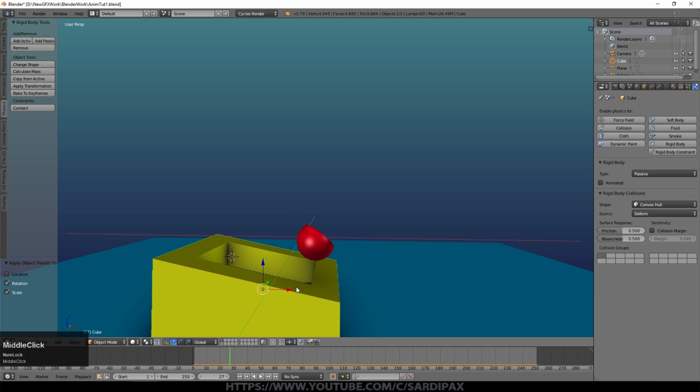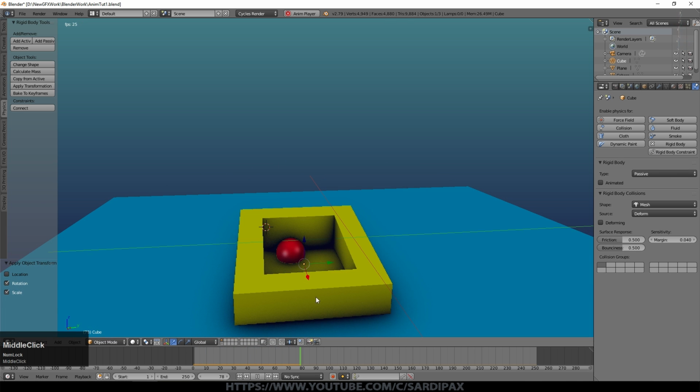So if you need to actually recognize with your simulation these more complex shapes, that's when you're going to need things like mesh. These are, if you like, primitive shapes, which are often useful, but for some things you will need mesh. So we go back again and we can see the object actually falls inside our little box.